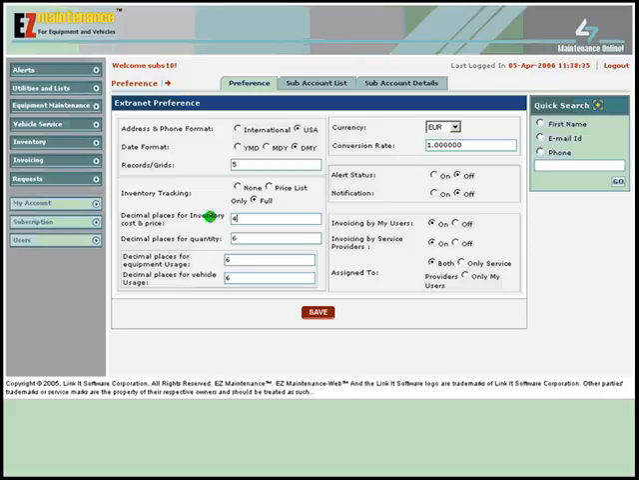Next, we see the setting for decimal places for quantity. This allows you to specify how many decimal places the program will keep track of in the quantity for inventory items. For example, if you want EZMWeb to track inventory quantities to the nearest tenth, you would put a 1 in this box. The program would then display and store quantities for inventory items such as 1.2 quarts of oil